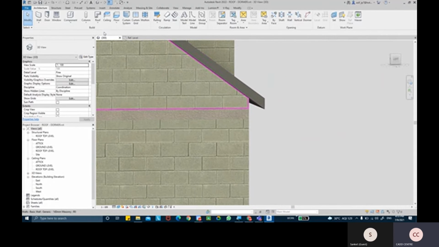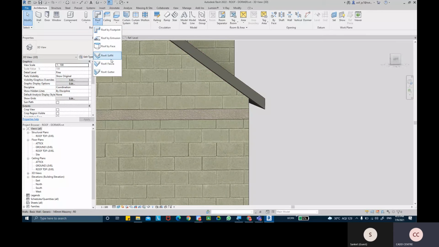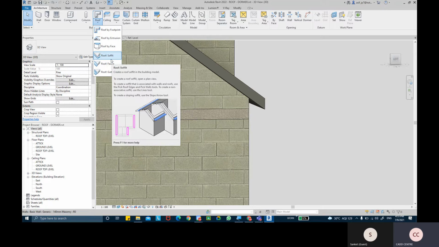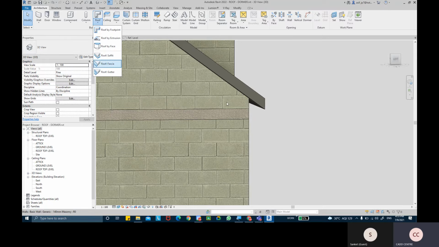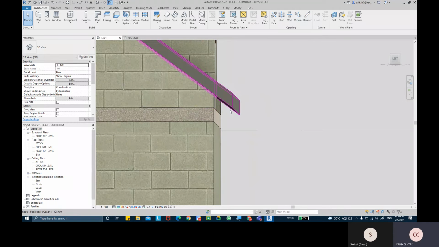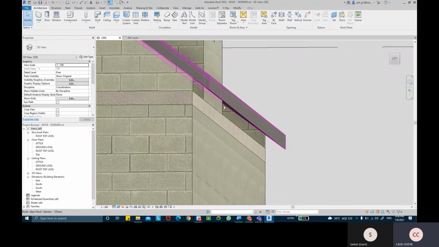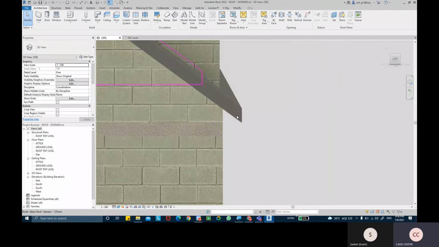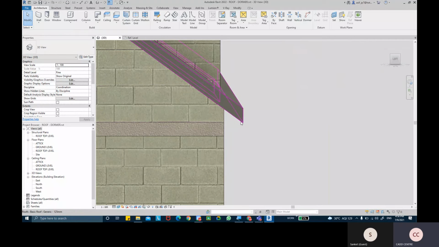Then we have the next one in the roofing, the last one, that is a soffit. A soffit is just an underneath coverage of the roof. Like if you see, this roof is exposed from the bottom. I want to create a soffit below this roof so that it doesn't expose my roof.